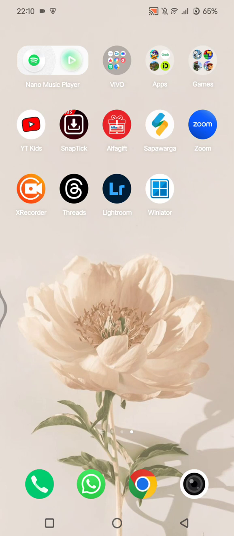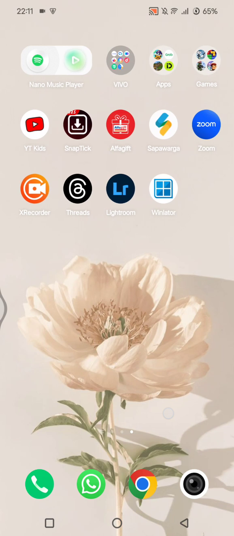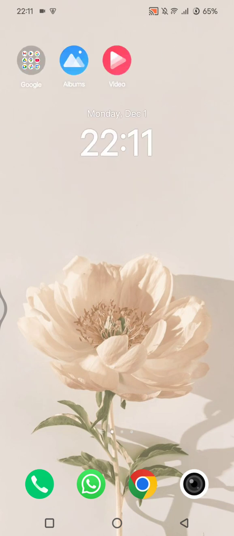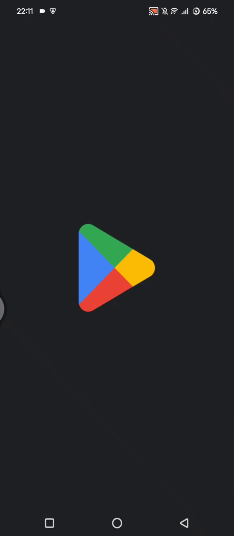But we can still use them by installing a Windows emulator app. And don't worry, it's super easy. So the first thing you need is an app that can run Windows programs. So first you can just head into the Play Store and search